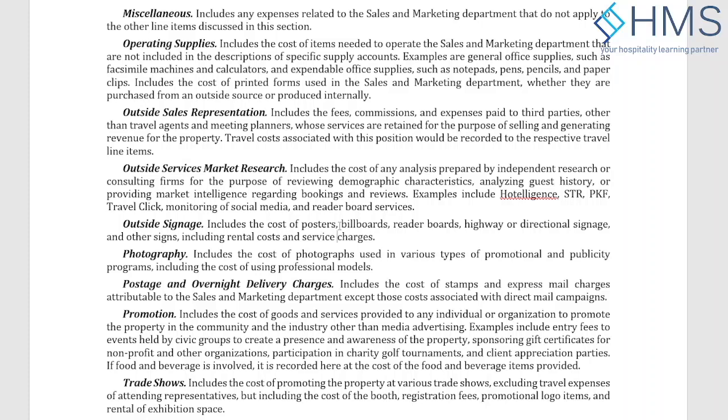But if it's only the booking fees, like a booking commission, then it's not going to be costed here. It will go to the rooms department commission expenses. But if Booking.com is providing you any market research, like a subscription, they will send you some reports, then yes, that cost will be here. Noted, sir.